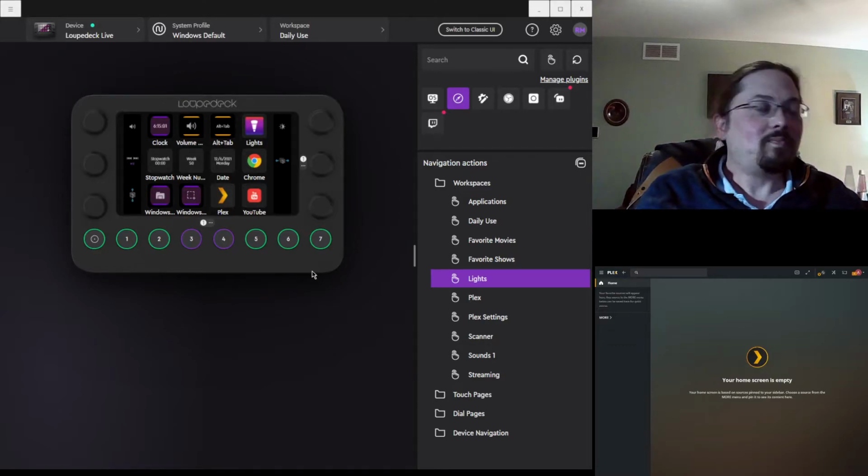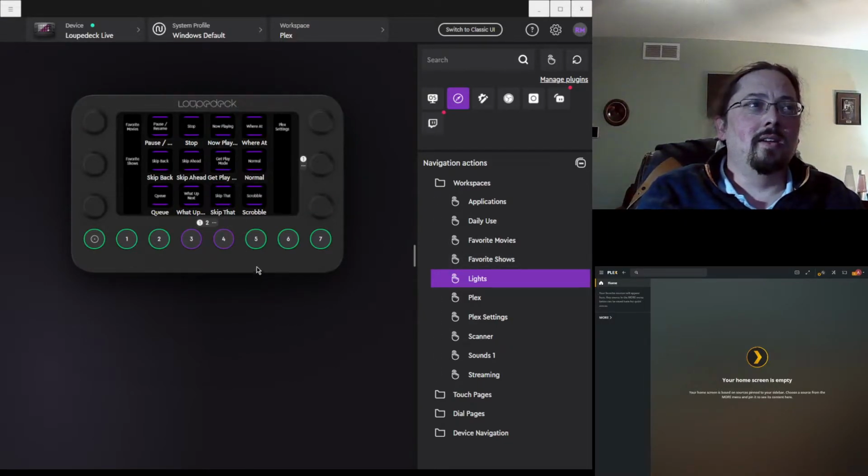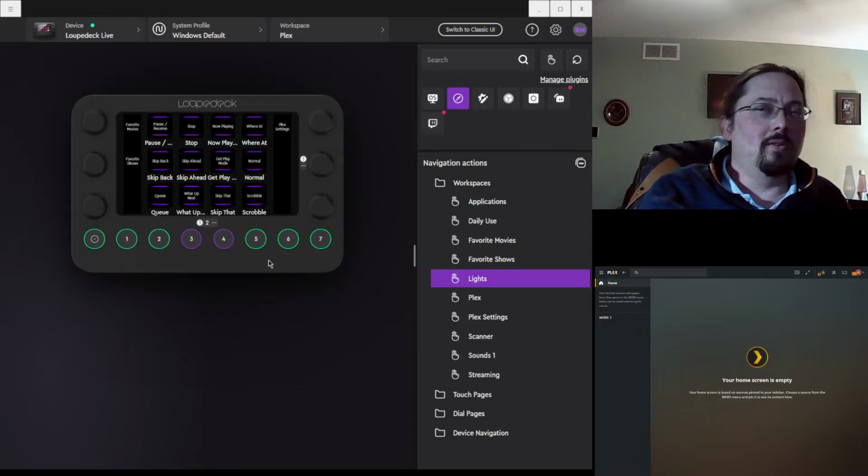Well, how does this apply to Plex and TBN-Plex, do you ask? You'll notice here in the bottom right of your screen there is the Plex client that we're capturing video from. So let's show you what we can do. I'm going to hit the Plex button here, and that'll take you into